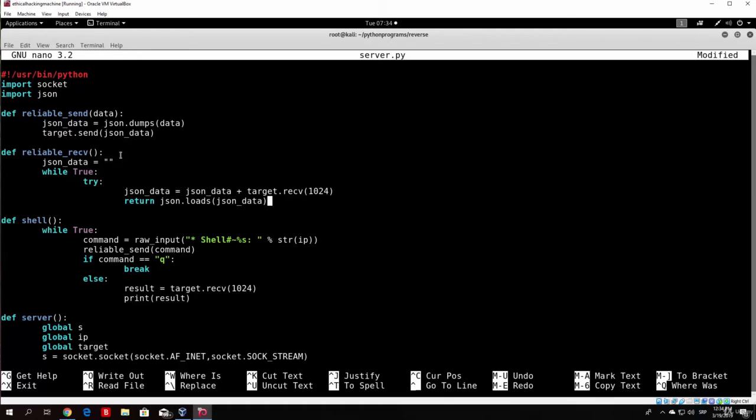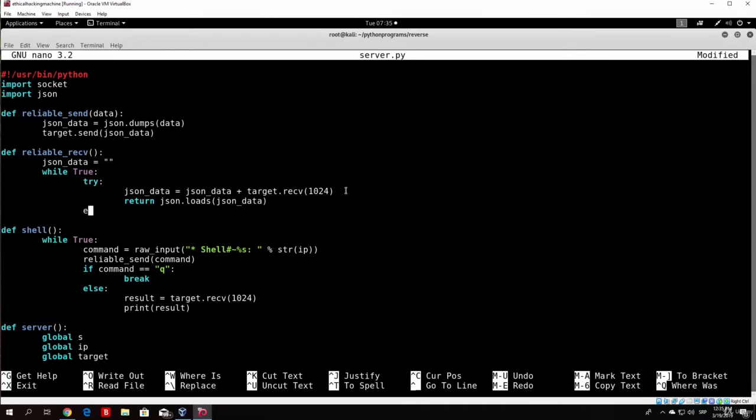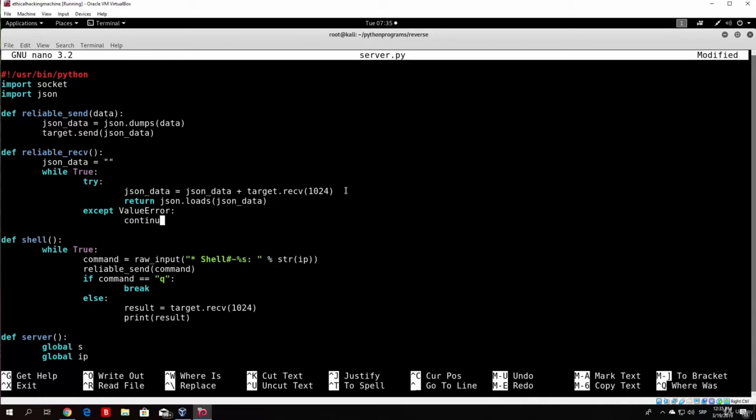If the json_data is lower than 1024 bytes, it will return it, except it will give us a ValueError. I already checked this, so I know that the name of the error will be ValueError, so I just type it right here, except ValueError, colon, and then continue. Why do we specify continue here? Well, basically if we get a ValueError,